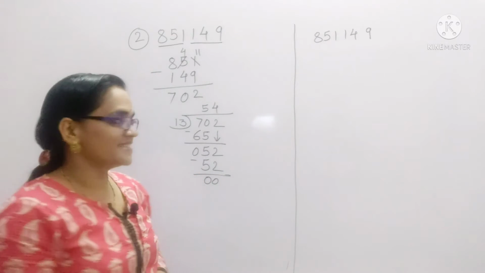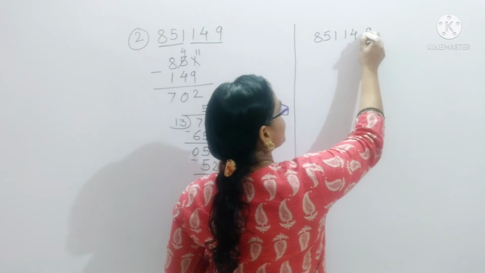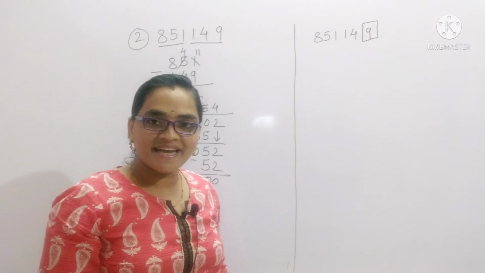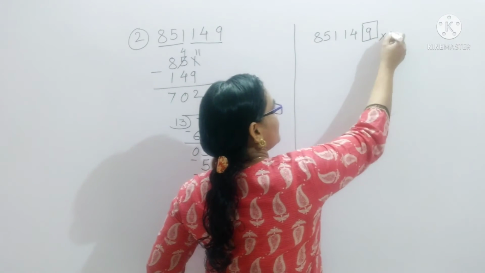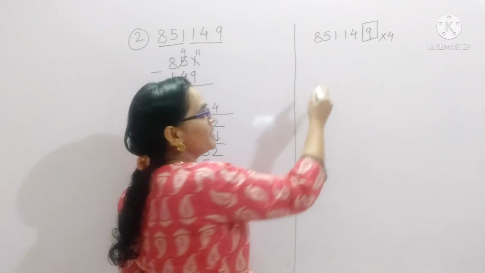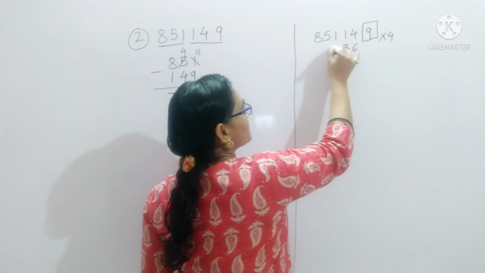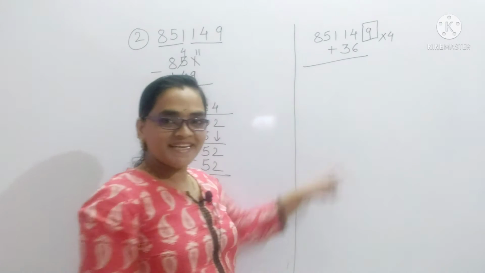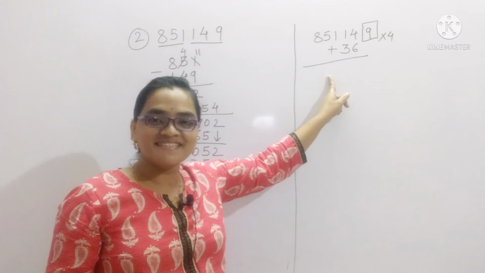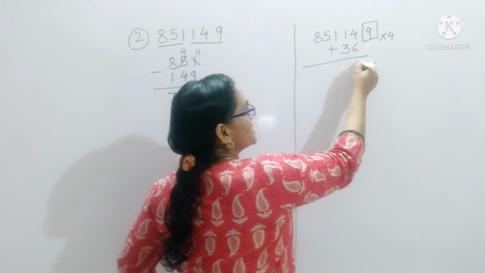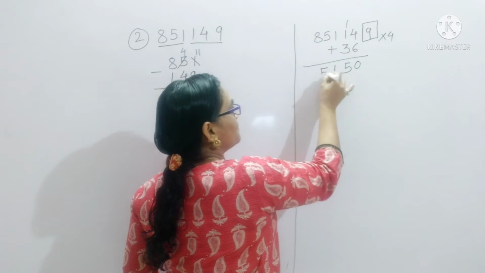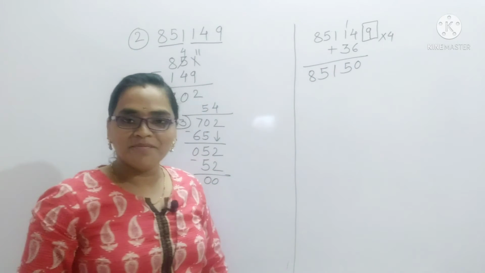Easy, na? Yes. Then apply here the second test. Check out the ones place digit, that is 9. Multiply 9 by 4. 9 4s are 36. Add 36 to the remaining number. This divisibility test is similar to the divisibility test by 7. 4 plus 6, 10. 1. 3 plus 1, 4, plus 1, 5. 15 and 8. Again a bigger number we got.